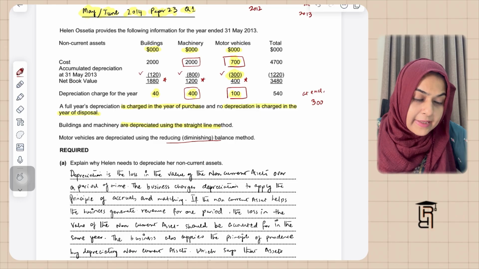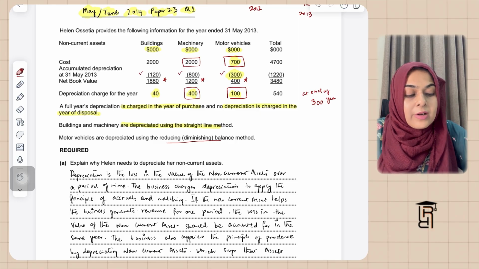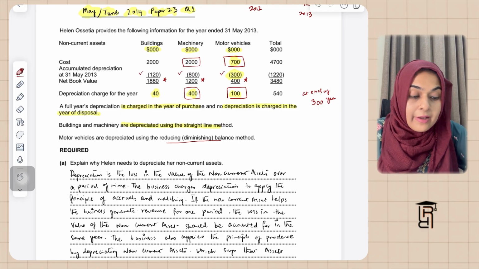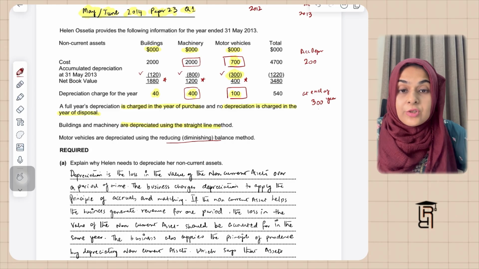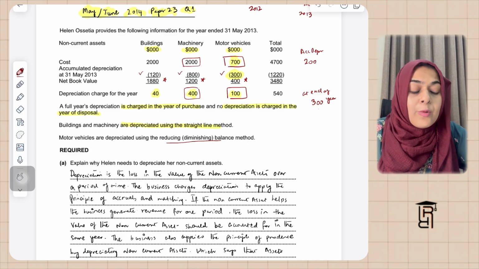So before we charged 100 for the current year, the accumulated depreciation at the start of the year was 200. Accumulated depreciation at the start was 200. And 100 is what we've charged during the year for motor vehicles in the